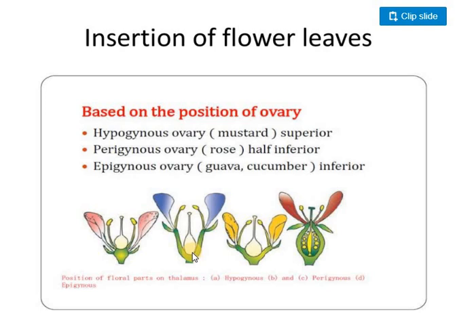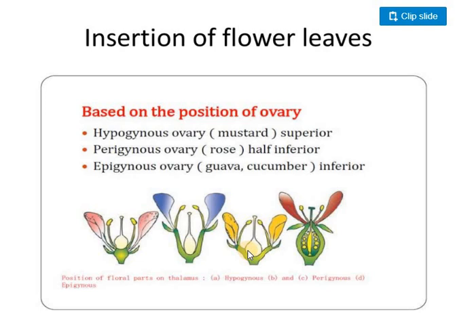If you see the second diagram, see this. The thalamus is a cup-shaped structure. See, this green color is the thalamus. The thalamus is formed into a cup-like or semi-cup-like structure. The ovary is inside the thalamus, and all other floral whorls are halfway. The ovary is about halfway, and the rest of the floral whorls are arranged around it.